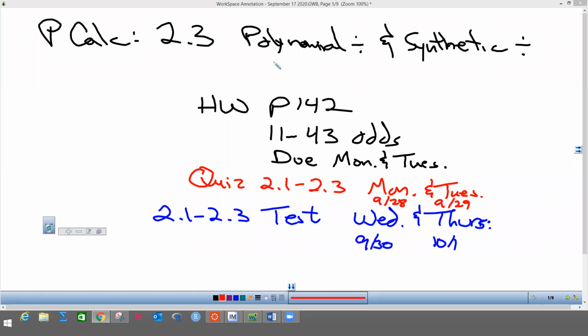All right, this is the last section before we leave for October break. We're going to have this homework on Wednesday, Thursday this week. 2.3 is polynomial division and synthetic division with remainder theorem as part of it. Your homework's right here, page 142, 1 through 43 odds, and this homework will be due Monday and Tuesday, which is the